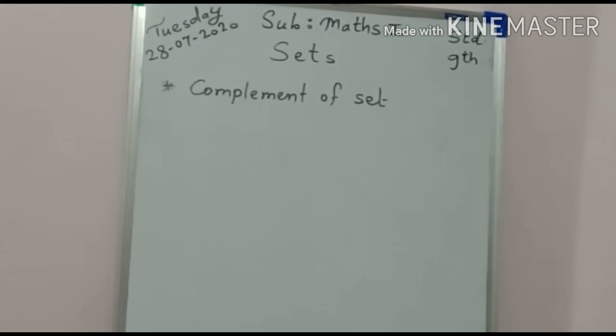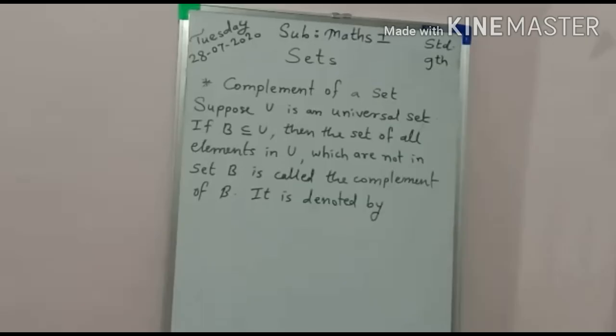Okay, now the next one is complement of a set. What is the complement of a set that we see here? Suppose U is a universal set, denoted by capital letter U. And if B is a subset of U, this is the important condition, then the set of all elements in U which are not in set B is called the complement of that set B, and is denoted by